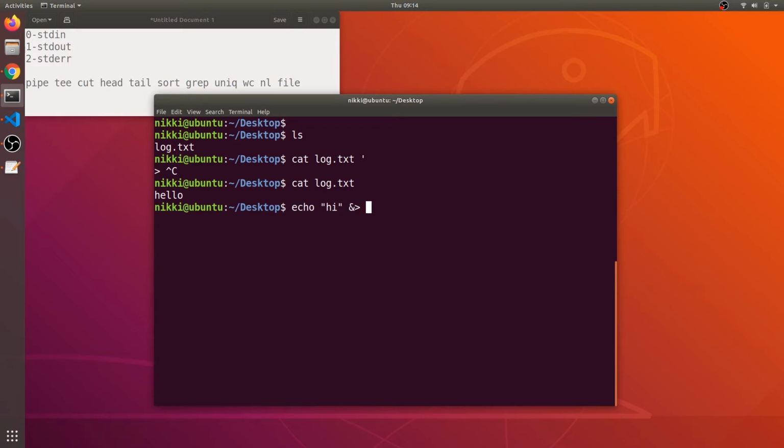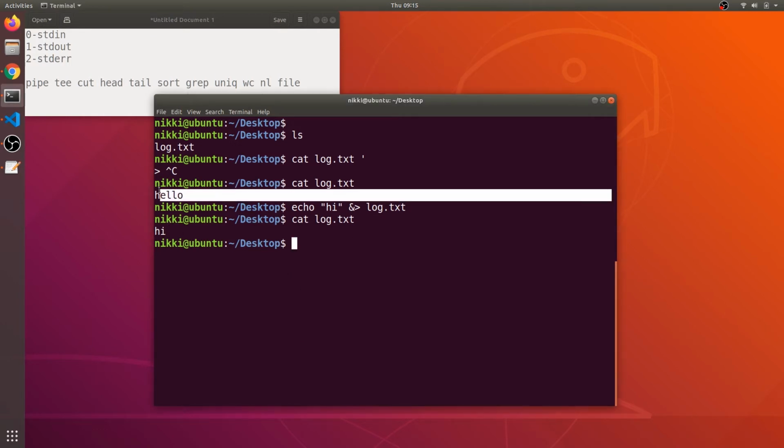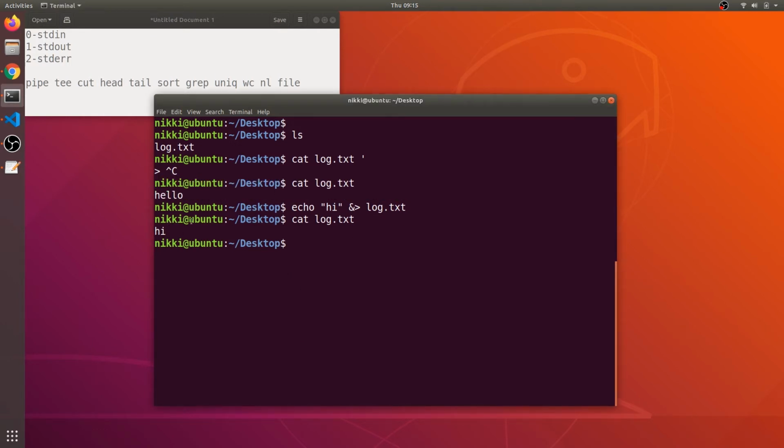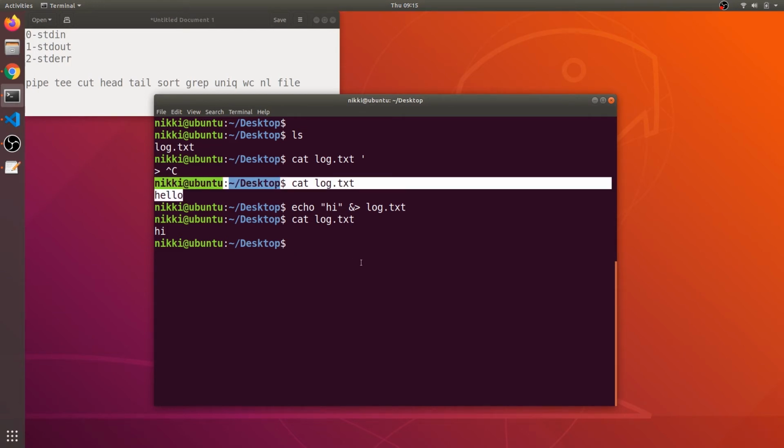This will store all the file descriptors into this rock.txt file. If I say cat rock.txt, I have the hi, and the hello, which was the previous contents of the file, has been overwritten. Okay, this is all you need to know about these redirections and input, output, and error streams.